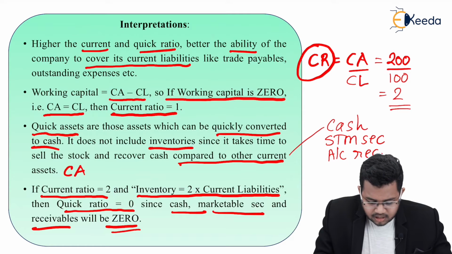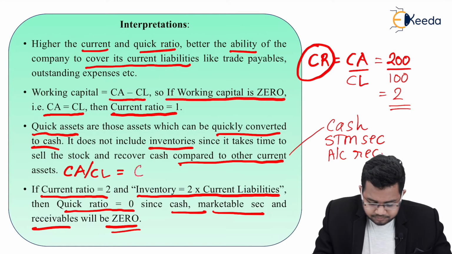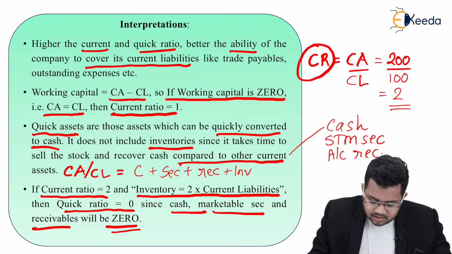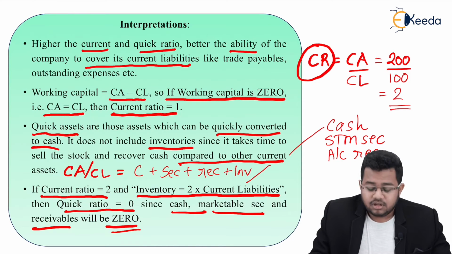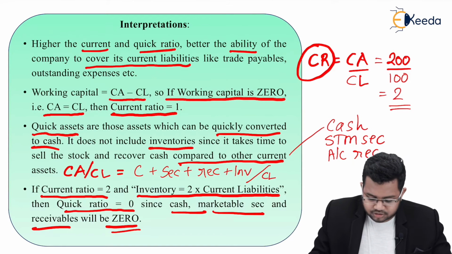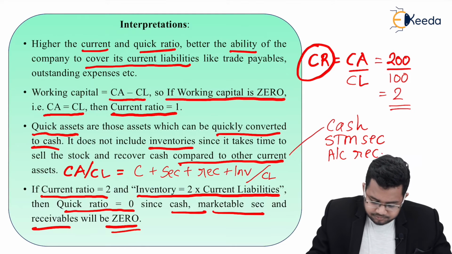Current assets upon current liabilities. Now current assets में क्या क्या आएगा? Cash आएगा, short term marketable securities, receivables, inventory. Let's say these are the current assets and it will be divided by current liabilities. Current liabilities का एक equation दिया है question में. Inventory is 2 times current liabilities, meaning in my equation here,